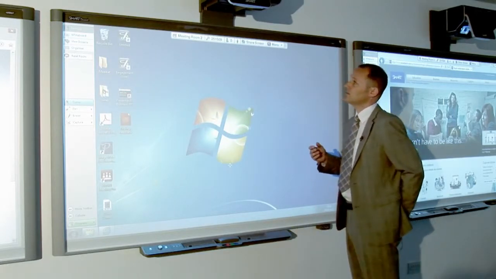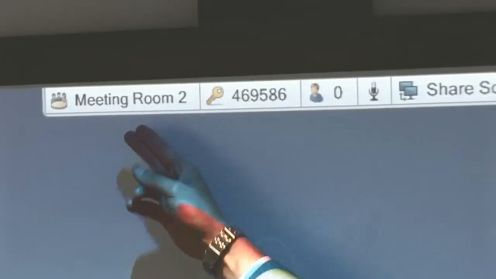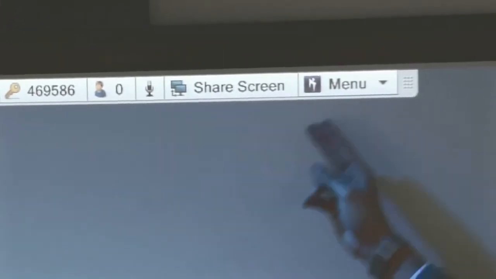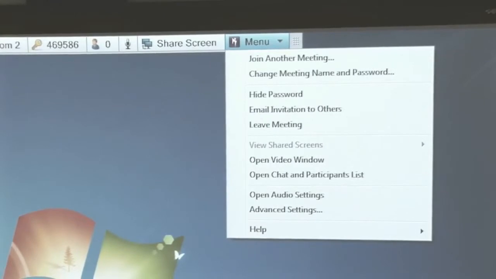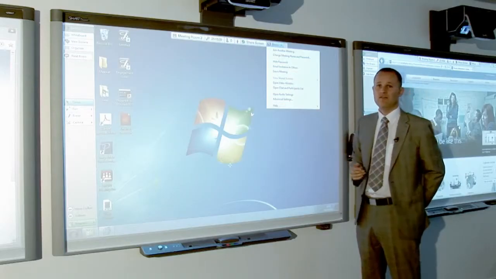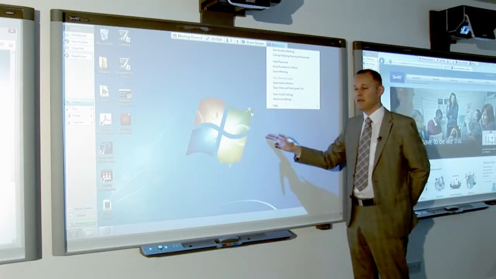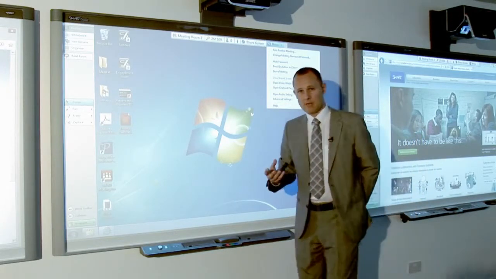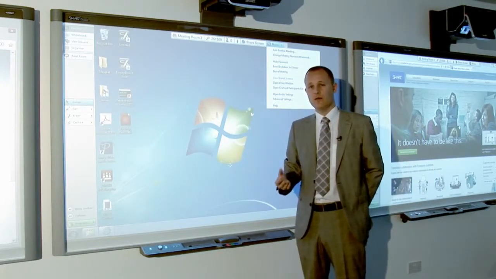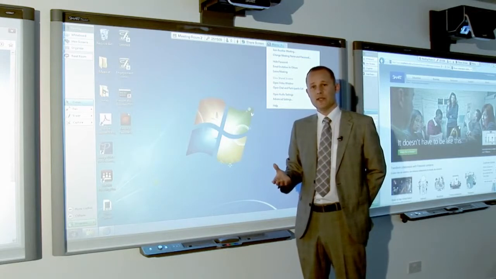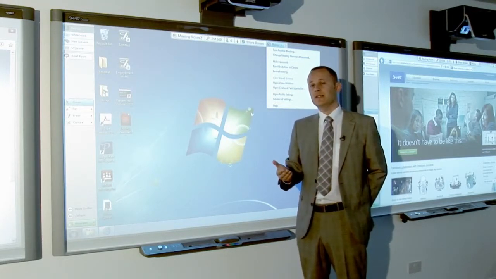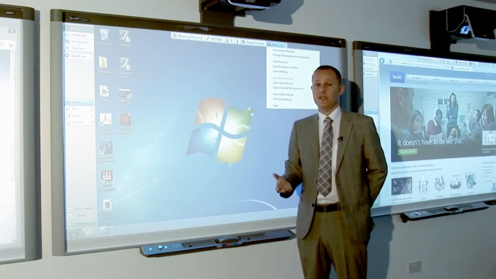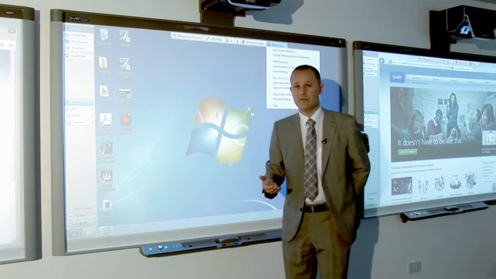So, to do this, we've got the meeting. We've got the meeting number, and what I can do is I can simply ask somebody to join my meeting by sending them an email invite. Now I'm not going to do this in this case because with the iPad there's a free app. So if you go to the App Store within the iPad, you can download the Bridgit app free of charge,